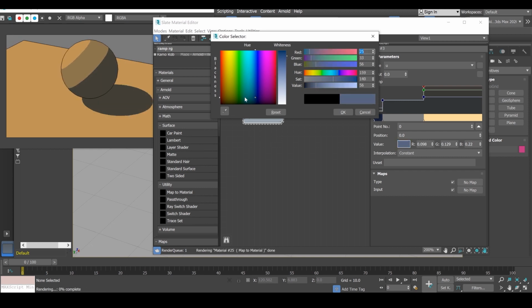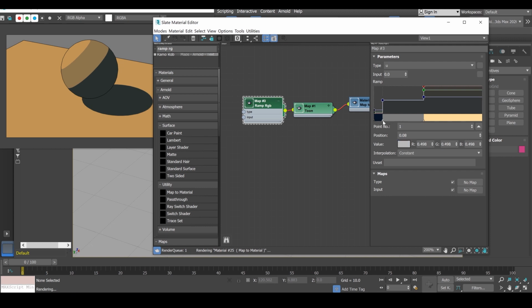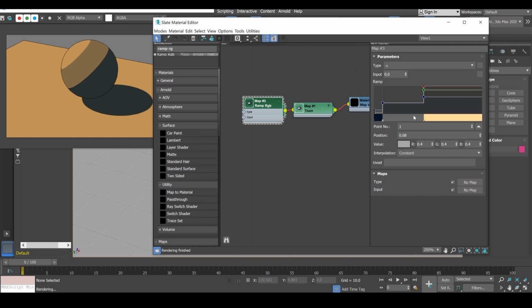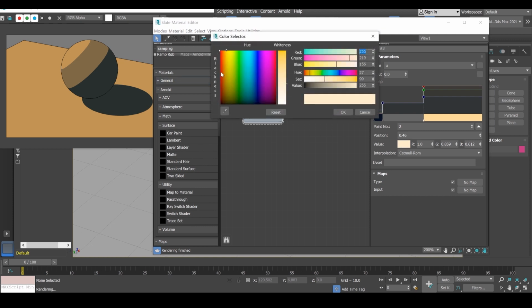And I can play around with this until I find a color that works for me. Okay. Maybe the midtones should be just a little bit darker, like that. So now my shadows receive this kind of bluish tint, and my highlights receive this kind of yellowish tint. Maybe let's do more,